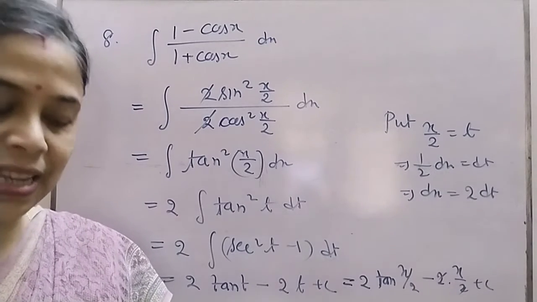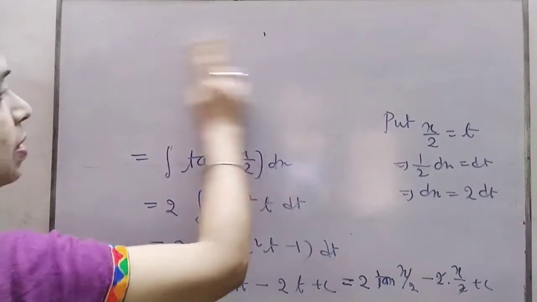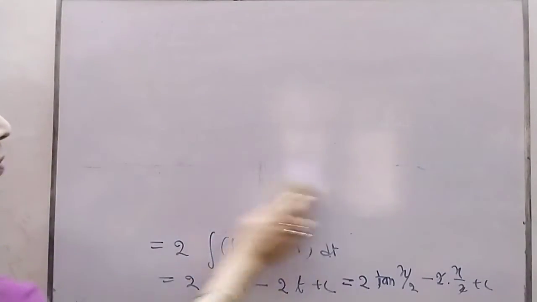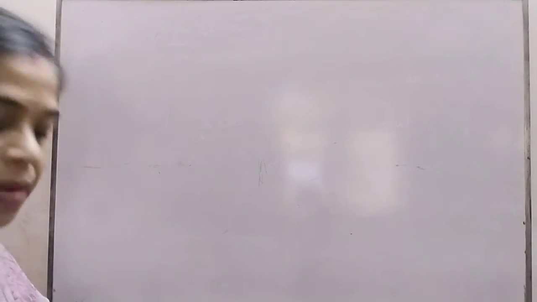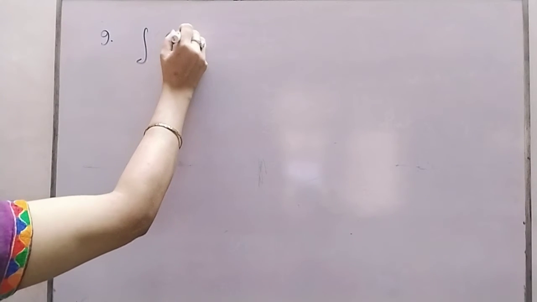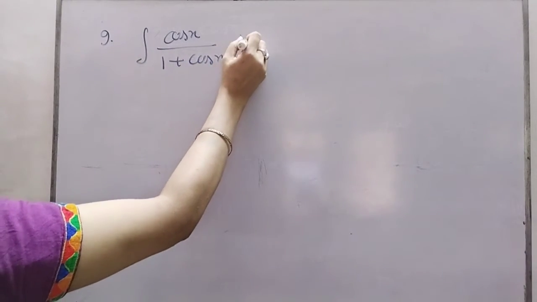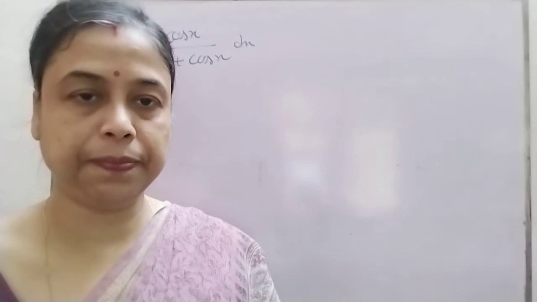Hope you understand it. Now I go to the next question, number 9. Questions are of different types. When I told you which method I am going to use and why I have to use these things. Your question number 9 is: also one more thing, the same question you can solve using different methods. One of the methods I discuss here.